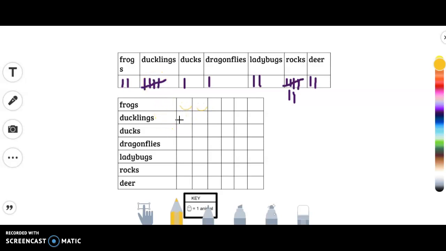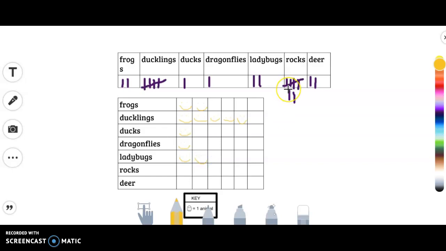1. It's a little hard to write like this. 2, 3, 4, 5. Next is ducks. There's just 1. That one's pretty easy. Dragonflies. Oh, there's just one of those too. That one's pretty easy too. Ladybugs. I have 2 ladybugs. 1,